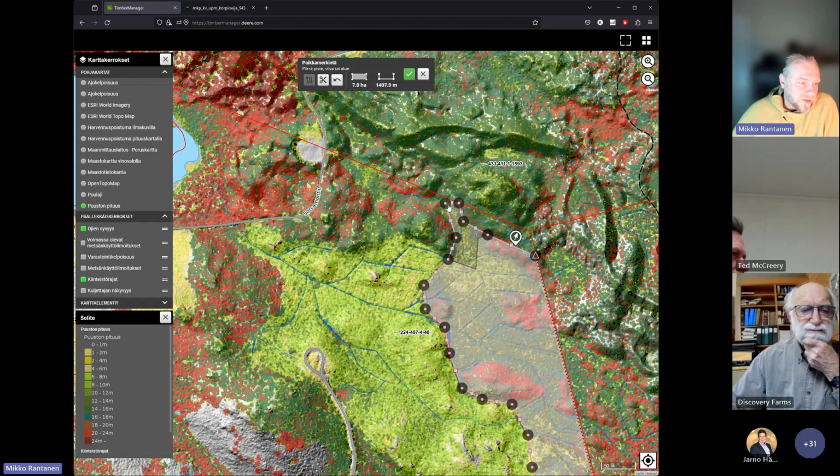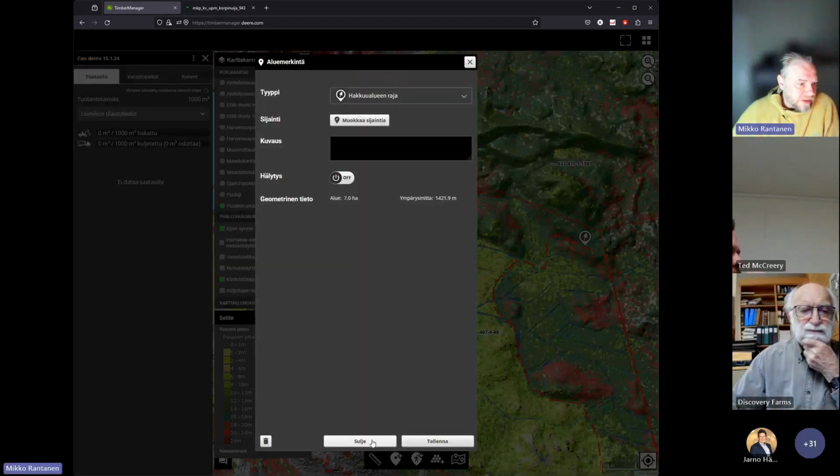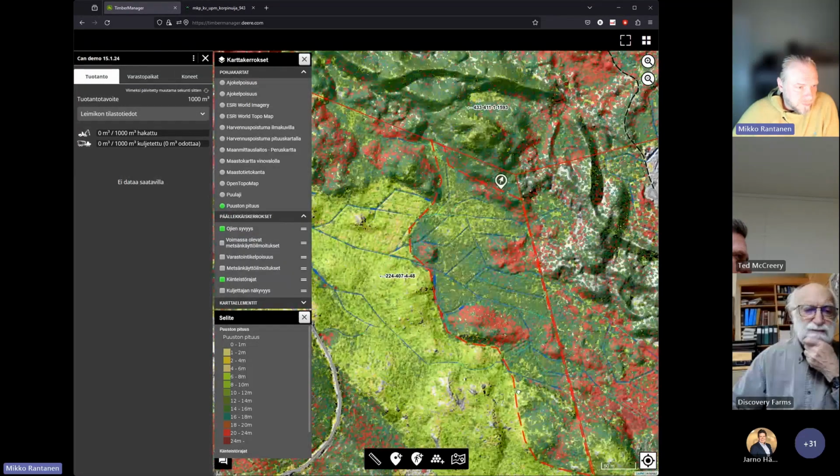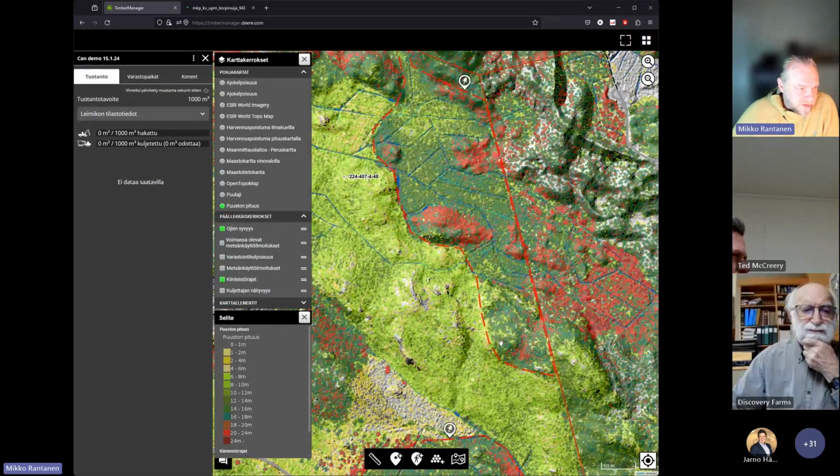Let's put it all the way to the red ones are property borders. So that's our limiting factor. Definitely we can't go on the neighbor's side. Okay, so we changed it a little bit like that. And let's see the other,